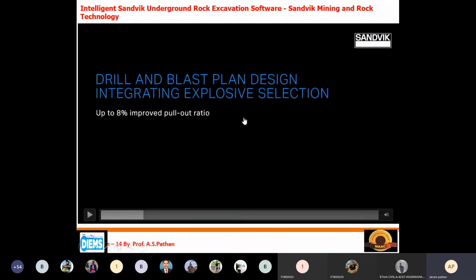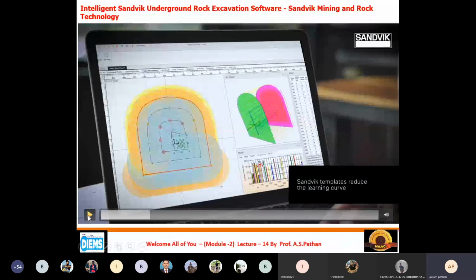This is the most advantageous feature of this software. Then once the design is going on, you can plot the length of the particular holes and the diameter of the particular holes. For example, on the y-axis there is the length, and on the x-axis there is the diameter. According to the type of rock, the graph is automatically plotted.